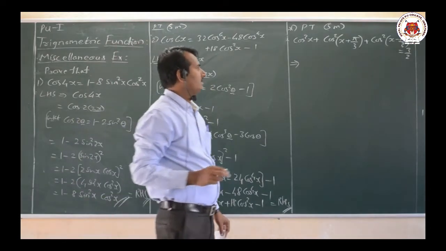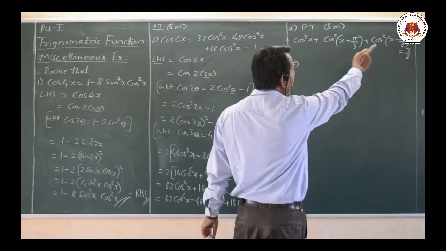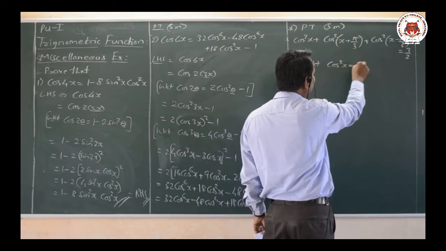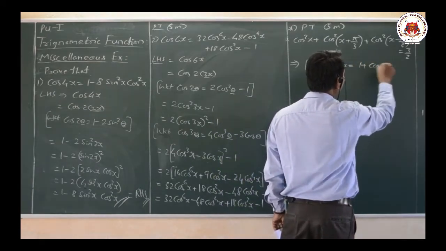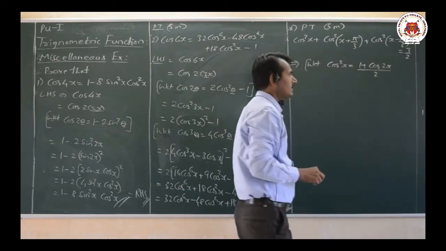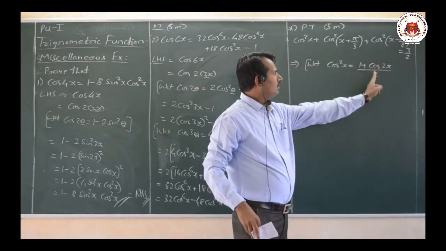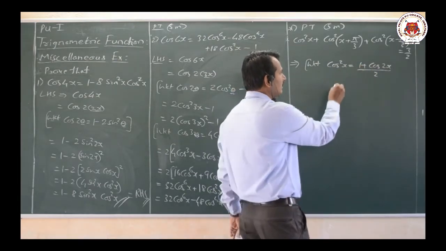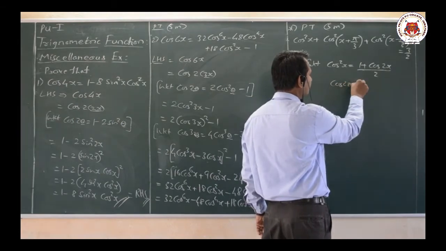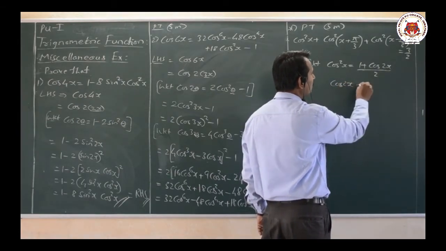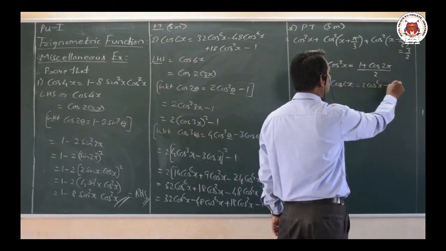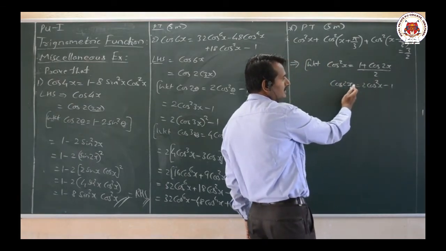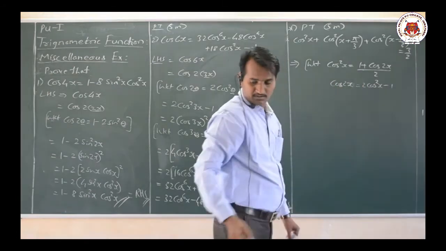Now what we have in this LHS means cos square x, cos square. So here we know that cos square x can be written as (1 plus cos 2x) divided by 2. Or else cos 2x equals 2 cos square x minus 1. From that formula we have derived this. Dear students, cos 2x equals 2 cos square x minus 1 from this particular formula. Taking 1 across, it becomes plus 1, with 2 in the denominator.